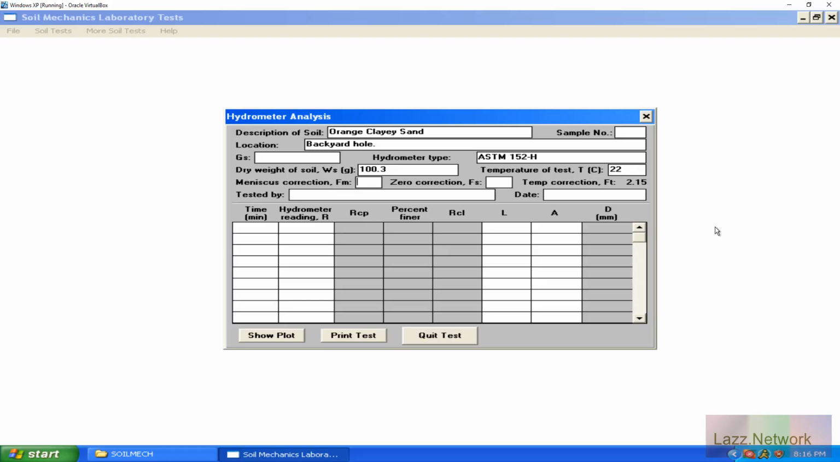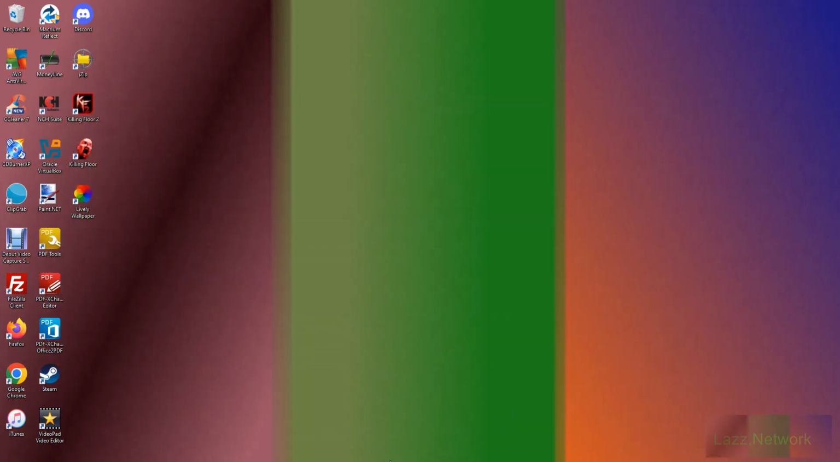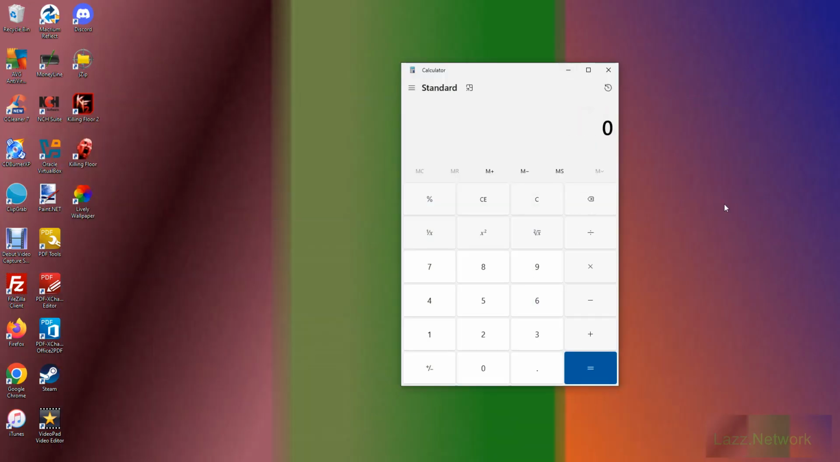So our meniscus correction, kind of like what I was talking about. Your sodium hex is a particulate that is in your distilled water, so it's going to displace your hydrometer. If you remember, or if you try to do a percentage or ratio, because technically there's only